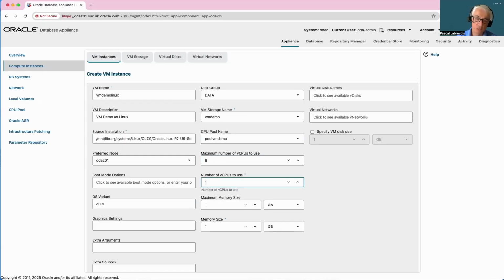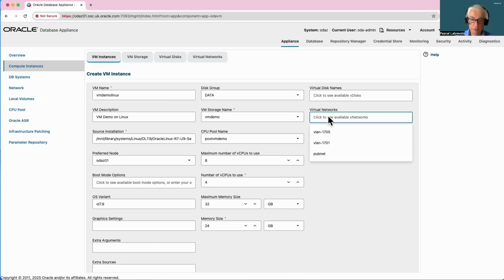So I specify two values, the runtime values and the maximum values for the memory and the CPU. Considering that if you want to modify the CPU and memory above the normal value to the maximum, you will not have to bounce the VM for this change to take effect. I can also specify a virtual network.